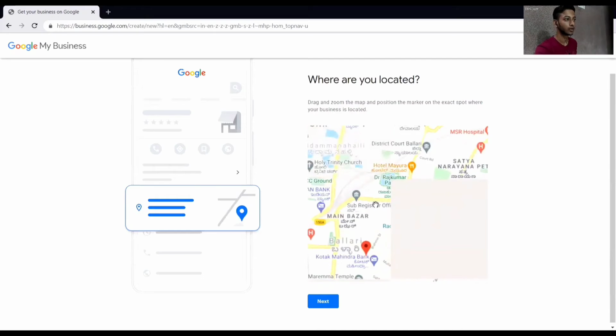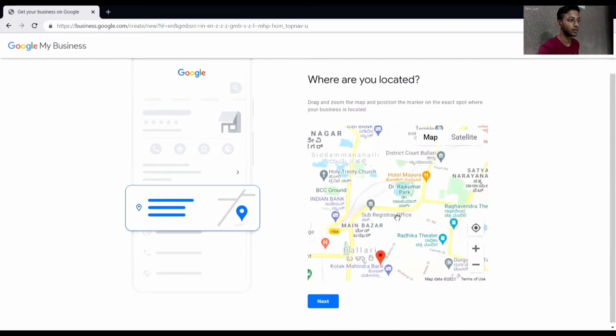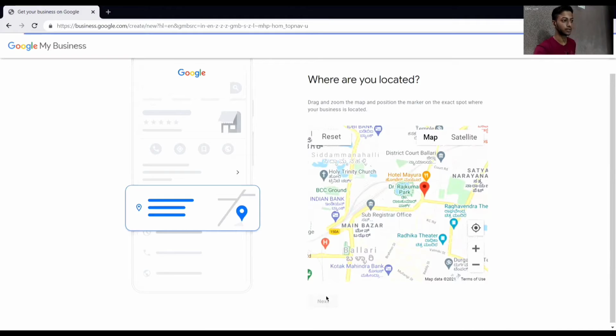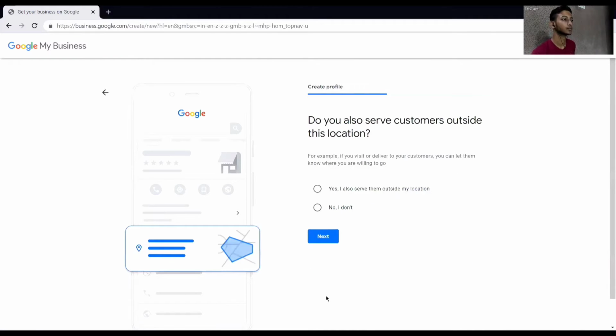Wherever your business is located, just drag this and place it. Okay, next. So they are asking, do you also serve your customers outside your own location? If you have an e-commerce site or something, then you can say yes, I also serve outside my location. If not, then you can go for no. Next.